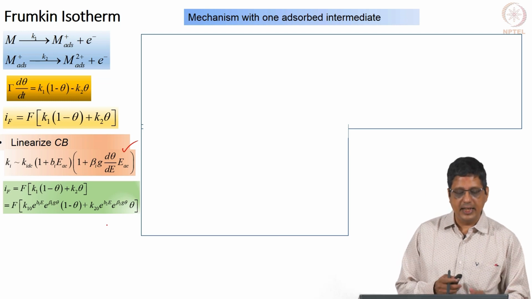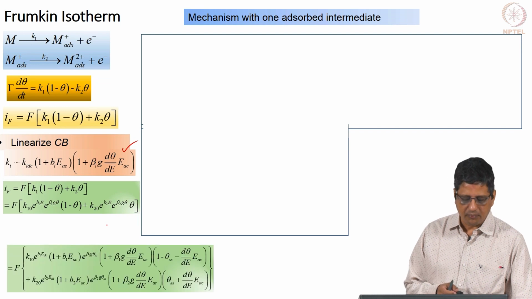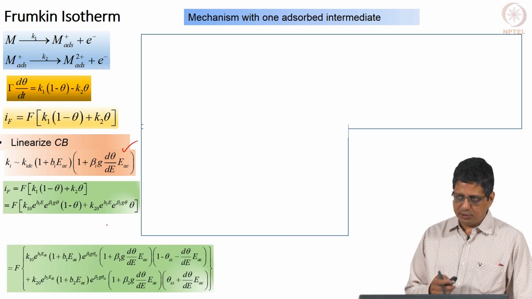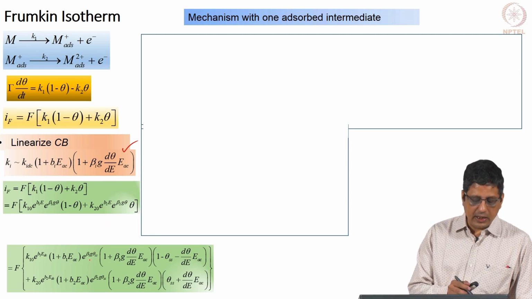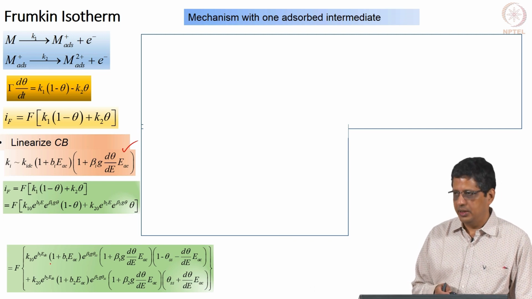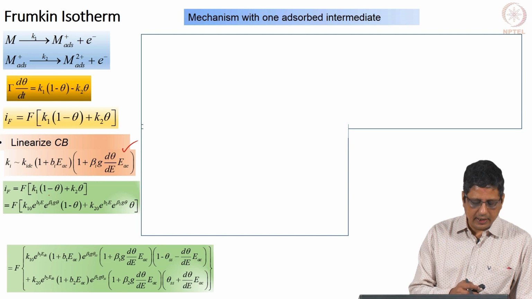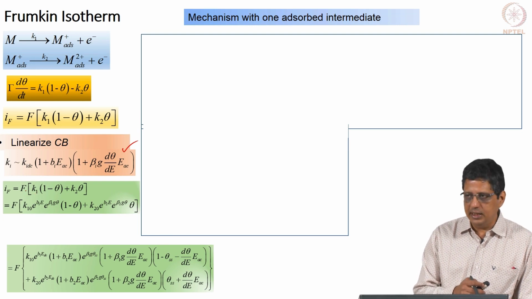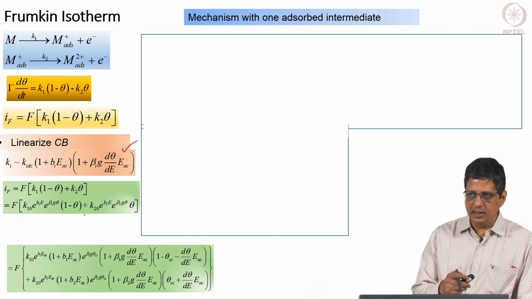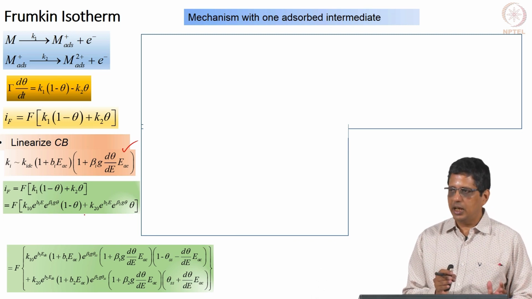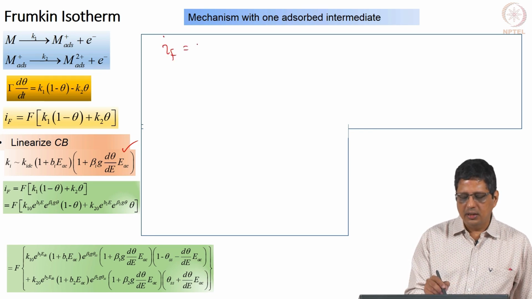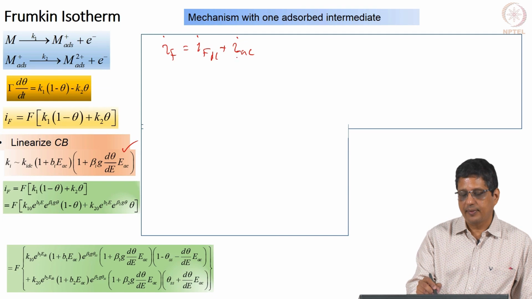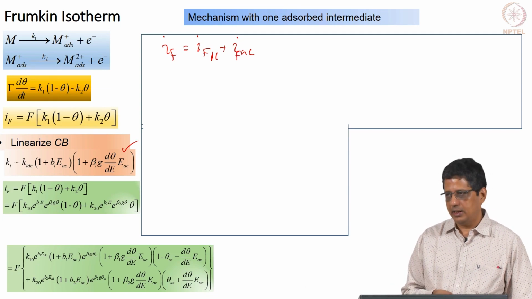So, what I am going to do is to say that yes, if you spend time you can expand this, and you will get a lengthy expression. You can substitute for d theta by d E from the previous case. When you expand it, it is going to give rise to a steady state current and an AC current. So, when you write this in terms of K1 DC and EAC, theta SS and d theta by d E EAC, you can group all the constant terms together and show that they correspond to IF DC, the Faradaic current constant terms, and the EAC terms will come like this, IF AC. We are of course going to neglect EAC square and other higher order terms.